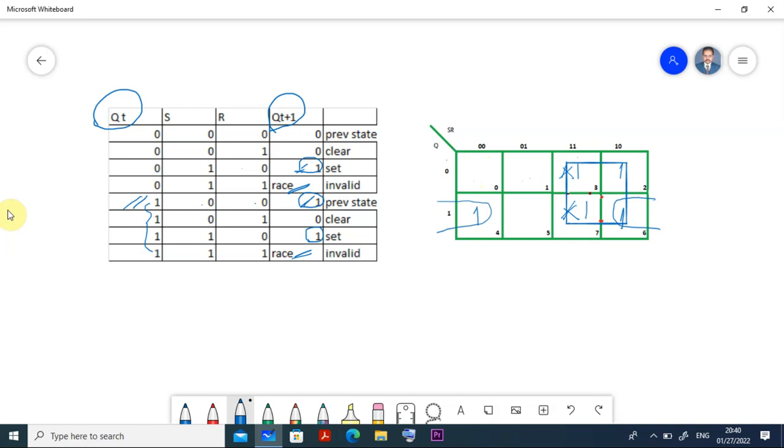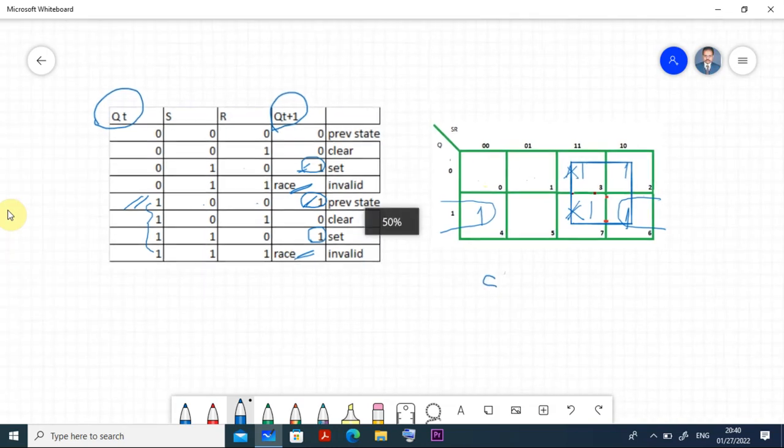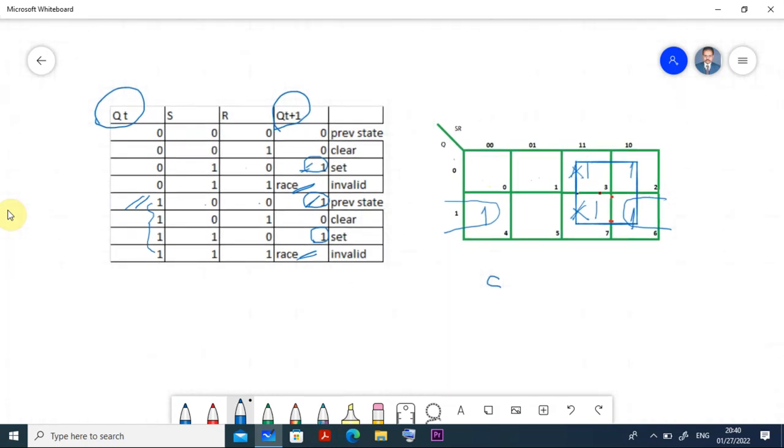If you check it here, this is S R, this is the S R. So what is common here? S is common. Can I write S here? Yes. If the equation is S, this is the sum of products, S plus, and here you see what is the value here? It is 1 0 1 0 and here 0 0, 1 0 0 0. What is common here? The right hand side 0 is common.